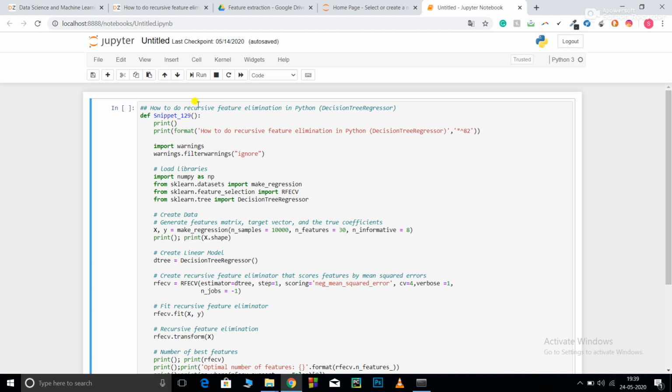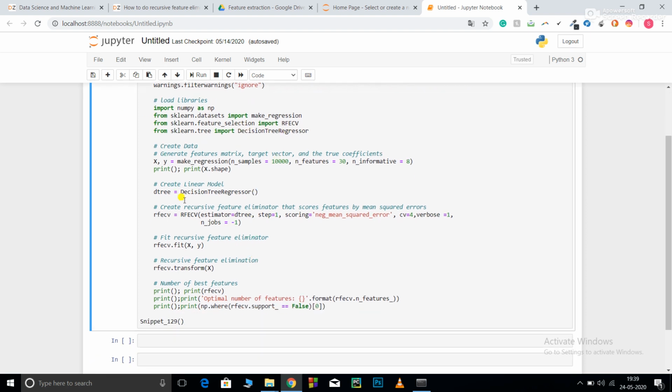RFECV gives us the power of selecting the model for doing recursive feature elimination. You can use random forest, support vector machine, etc. Over here, I am using decision tree regressor.